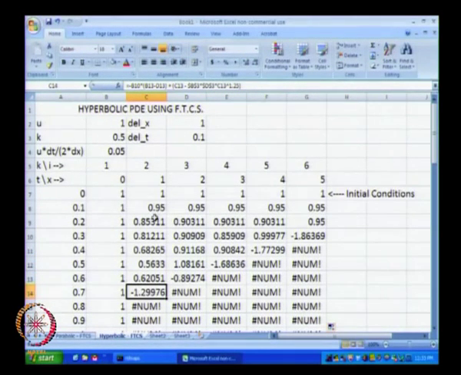As a result of this, soon we will have the overall scheme failing, but even before it fails, we know for sure that the concentrations are going negative, which is not a physical phenomenon. So, what we see in this particular case is that the forward in time central in space method does not work for hyperbolic PDEs. Okay. So, this is where I am going to end today's lecture.